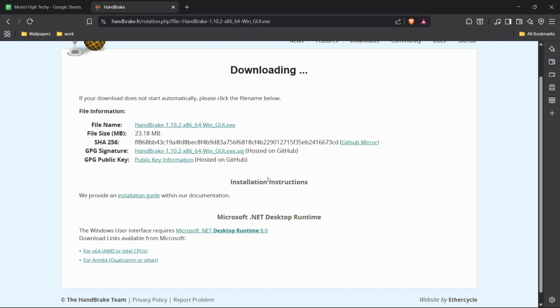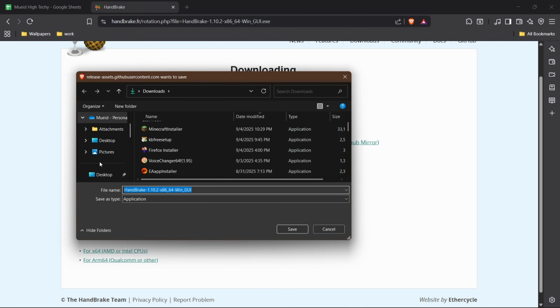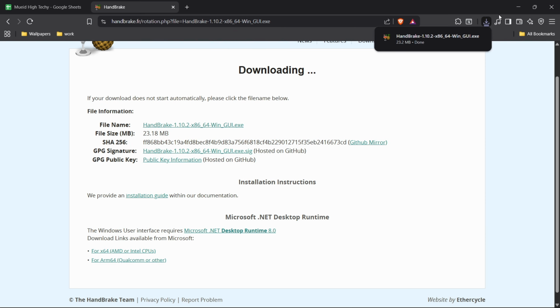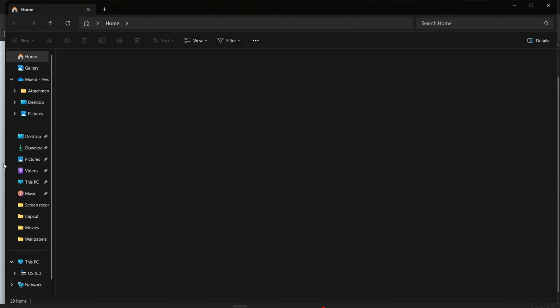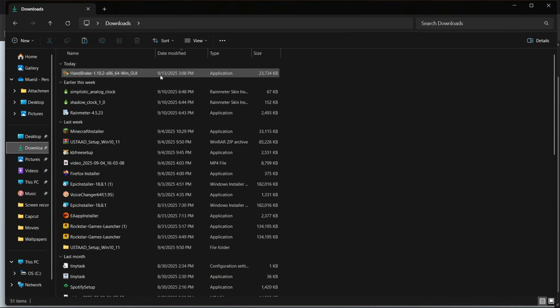And it will be showing downloading, and choose the path where you want to download it. For example, I want to download it in downloads. There you go. After the download is done, open this exe file here, or you can simply open your file explorer and go where you have downloaded the setup. Double click on it